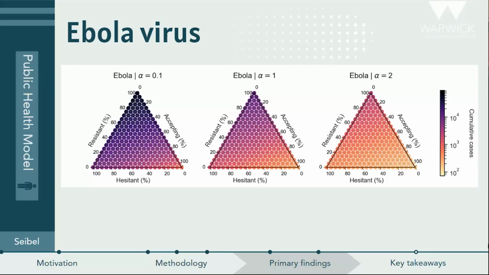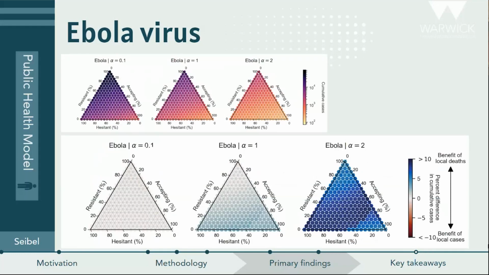What we want to see is what variations we get between these different situations. And in the right-hand plot, we see that as you get to the most accepting configuration, you actually get down to very, very low levels of cases, which is quite interesting. This is on the order of 10 to the second, so that's essentially suppressing the outbreak at that point. So based solely on the behavioral configuration that you have, it's potentially possible to suppress outbreaks.